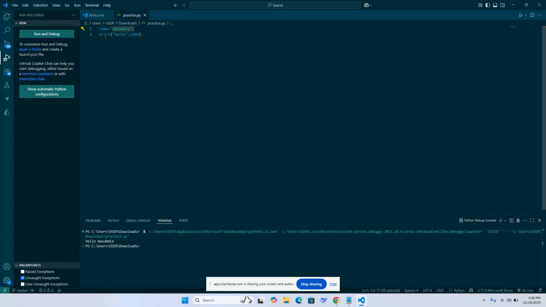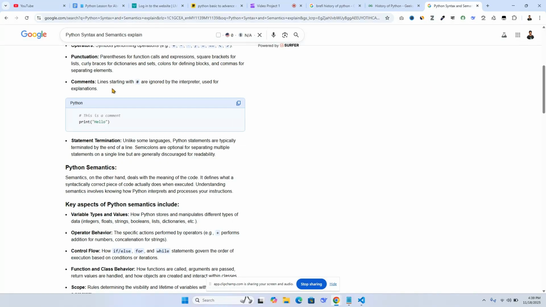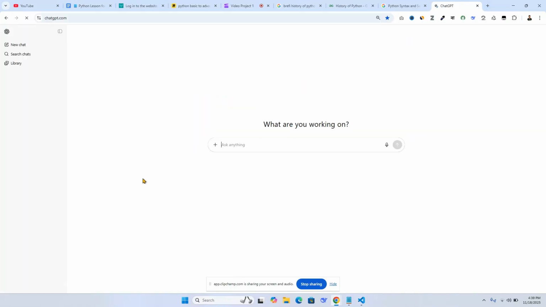Okay, here you can print variables, payload, steps, int, file, lots of things. Okay, if you don't understand this code, how do you understand it? First of all, you have to go to ChatGPT, open it and write down a command: break down this code, or explain for me.